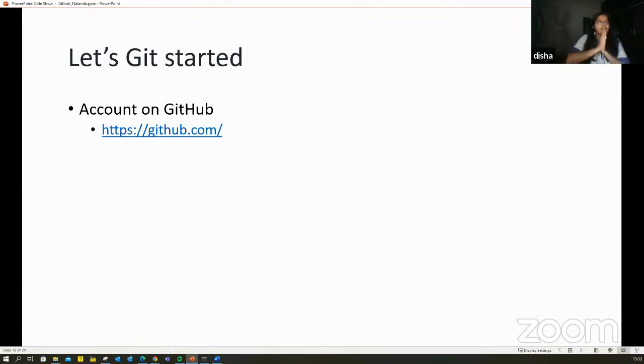Okay? So what we're going to do is, let me for a minute stop this screen share because I want to open another window which will take us to Git. Okay, so Git और GitHub का difference सबको समझ में आ गया होगा, is what I believe. If not, you can ping me in the chat.